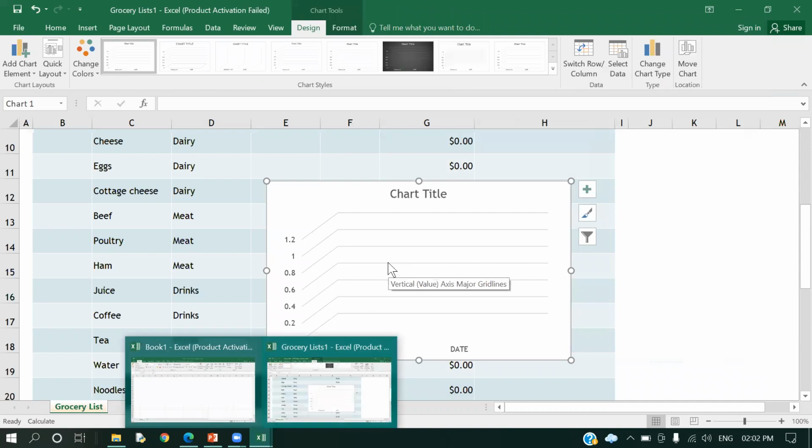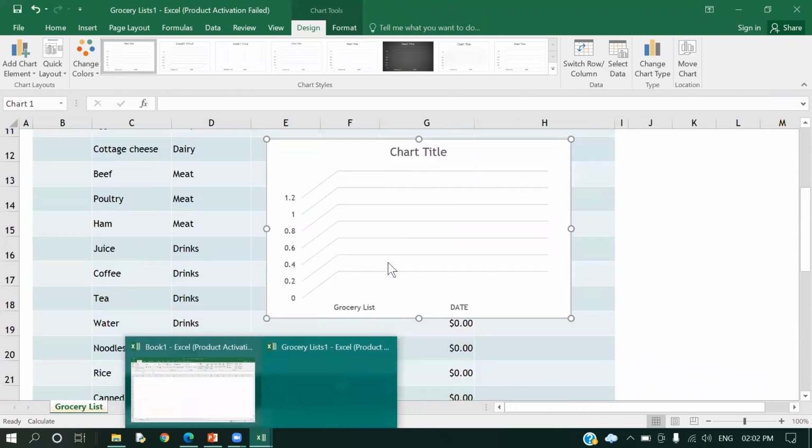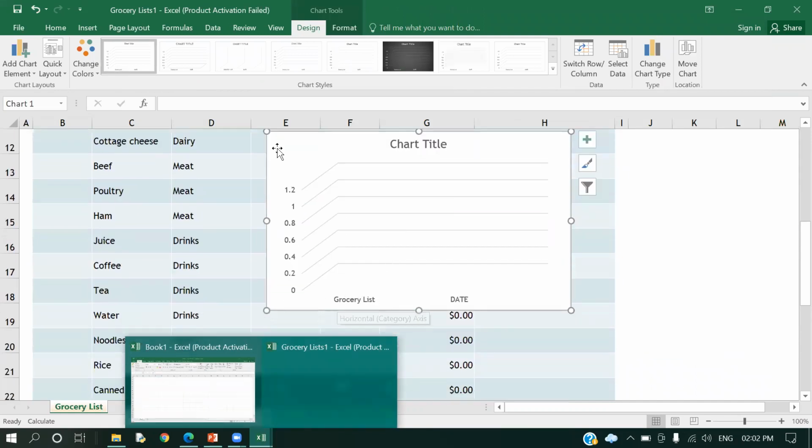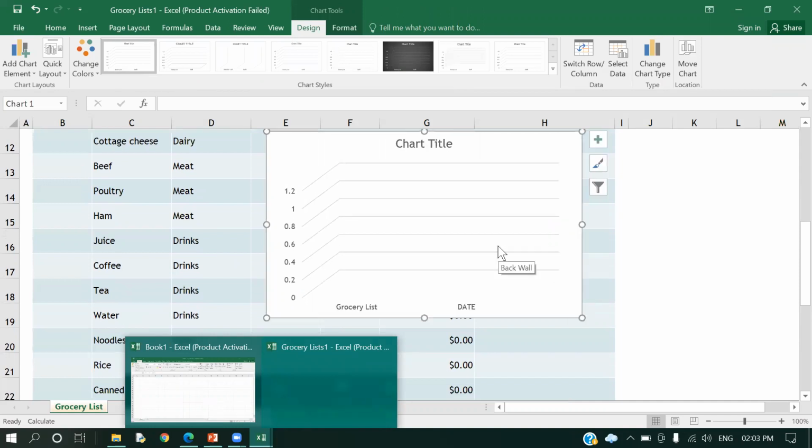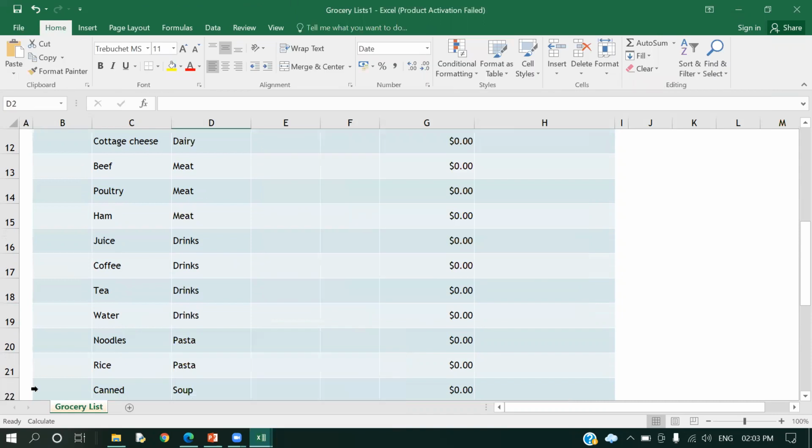You'll see here you will get the chart of your items. Here you can see the grocery list, and this is the table which it has taken. So right now I'm going to make a small table.